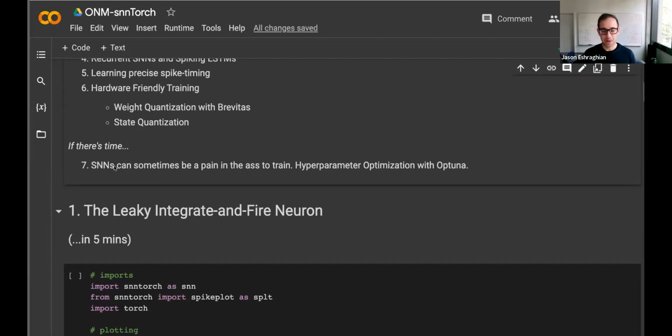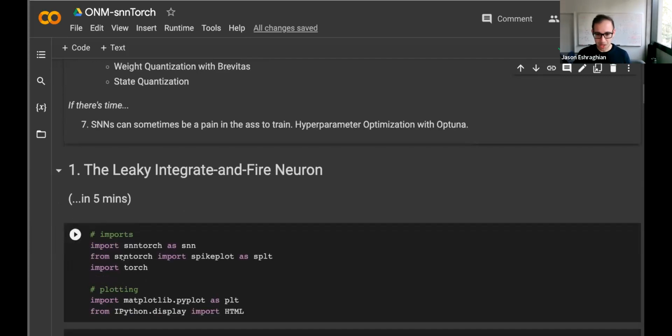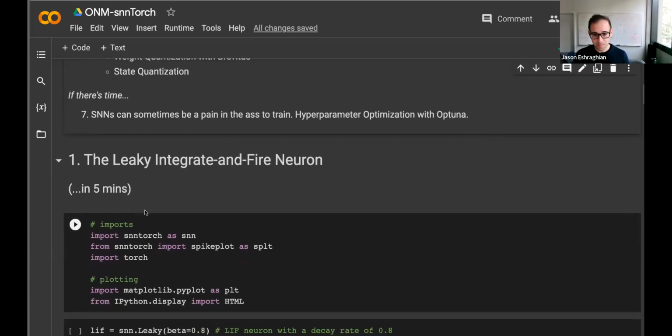And so the hyperparameter space of functional SNNs is typically far more constrained than their non-spiking counterparts. So we can help alleviate some of that trial and error of setting different architectures or different decay rates of neurons using hyperparameter sweeping tools. Optuna is my go-to. There's also Ray Tune. Let's see if we have time to get into that, but we'll see.